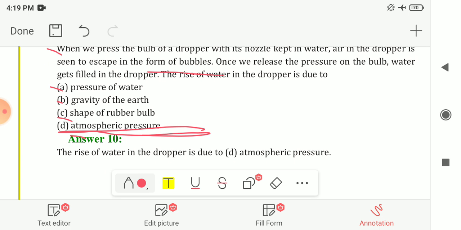This whole exercise you have to write in your notebook. The extra exercise also you have to write in your notebook. You will find these PDFs in your study material. In the next video, we will study our next chapter, chapter number 12. So this exercise you have to write in your notebook, that is your homework.